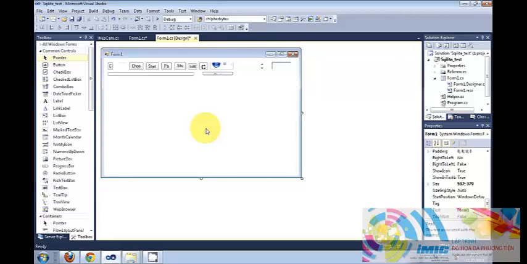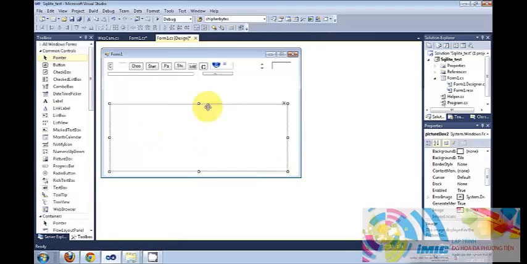In this video I will show you how to capture the screenshot of your window with the help of your C# Windows Form application. So let's get started. First of all, go to your toolbox and take a picture box. In this picture box we are going to show our screenshot, for example,